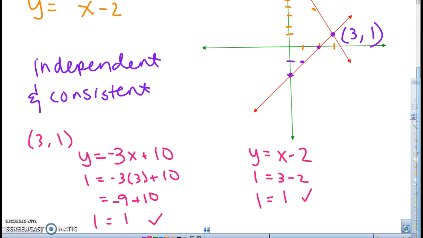Try this next one on your own and see what kind of system it is and where it intersects,